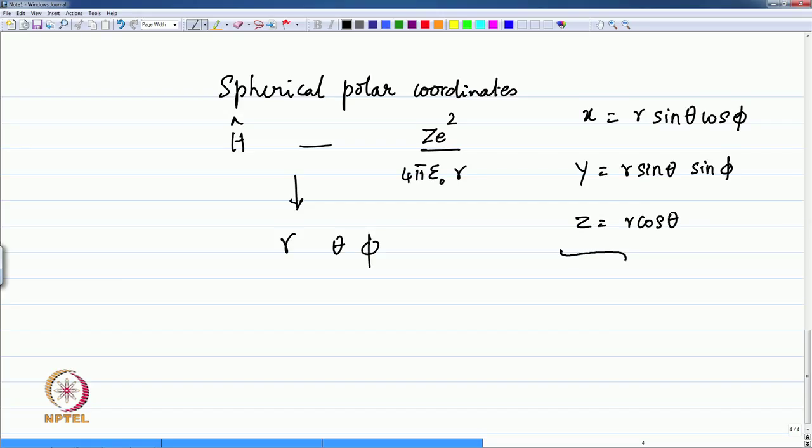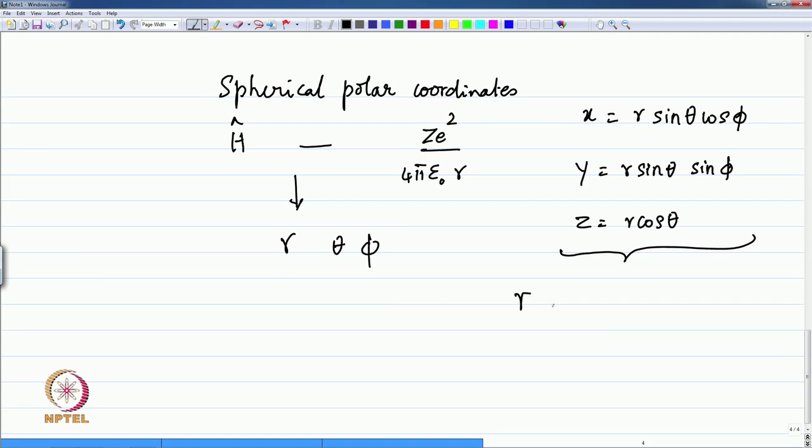These are the equations for the transformation between polar and Cartesian coordinates, and the inverse transformation is, of course, r is the square root of x square plus y square plus z square. If you take the ratio of y by x, r sin theta cancels off and you have tan phi, or phi is tan inverse y by x,